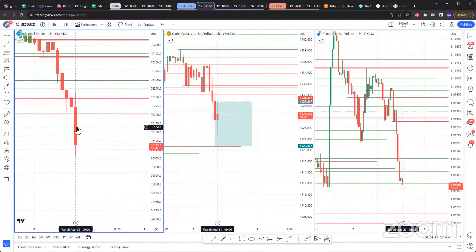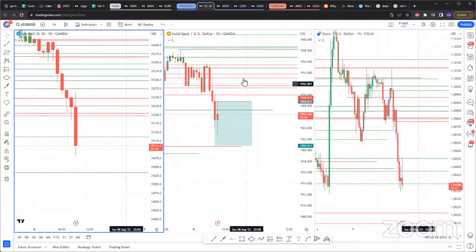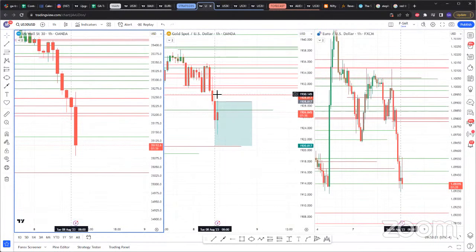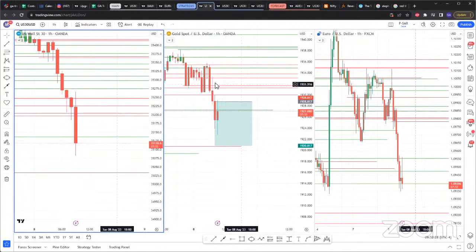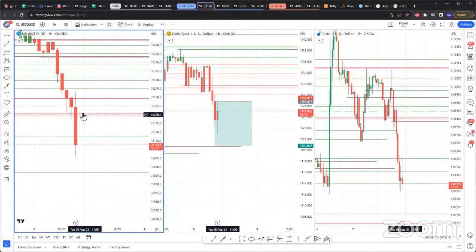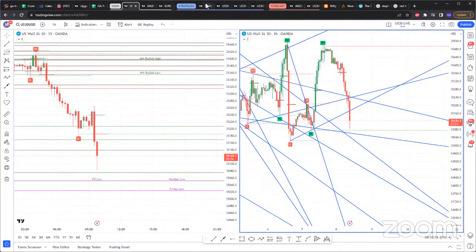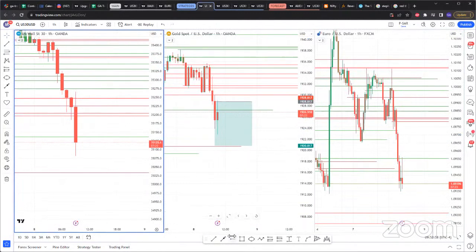We need the next hourly candle to retest. My guess is that the next hourly candle on US 30 will do what you see gold did here on this hourly candle. It retested all 1, 2, and 3. So US 30 might retrace up, and you can see we are rejecting off of a trend line, or we are almost off of a trend line. So US 30 can come this way